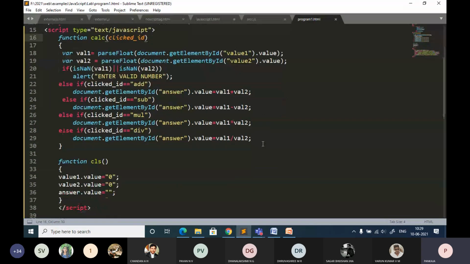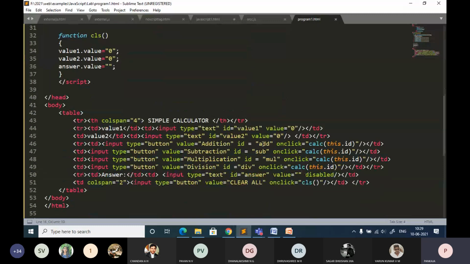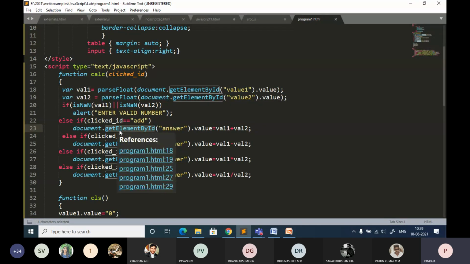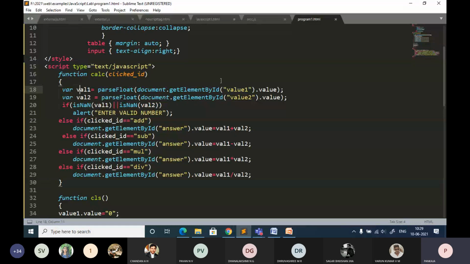Any queries with respect to this program? The only thing is, if you know the functionalities supported by JavaScript, you can do it very easily. If you don't know, then it will be difficult, because many times students fail by making mistakes with the cases. Actually, when I was typing this program, I typed a capital V. Just observe how much it will affect. I have just saved the program.